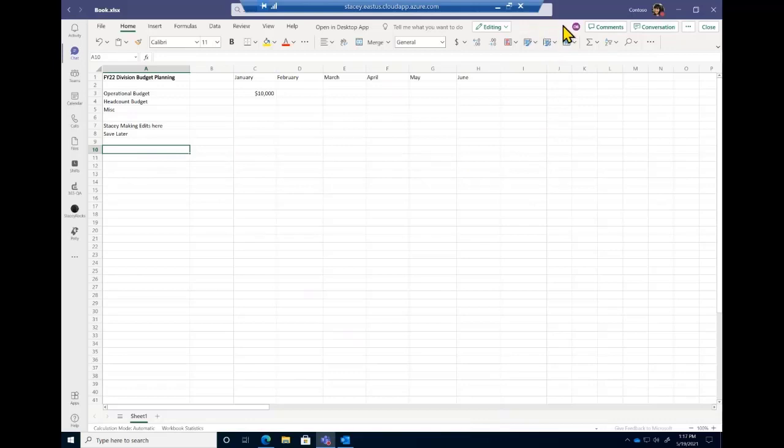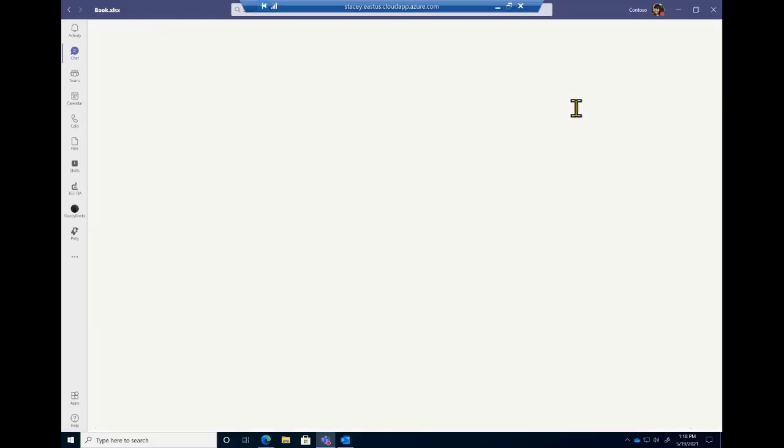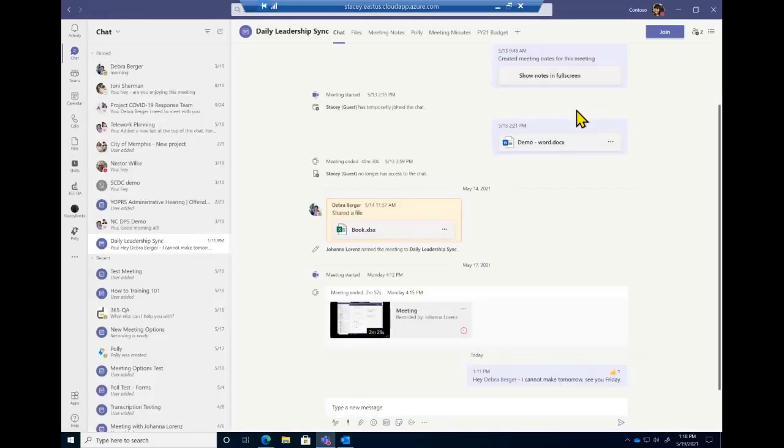And then it will also show here. So see, it shows me a visual. Deborah's in. It'll give the color coordinated to the circle and where they are in the file. So it lets me know where Deborah's hopping around to, so I make sure I don't work over her. So then I close this when I'm finished with my part, and then it again saves everything. I don't have to do any downloads or saves or any of that.